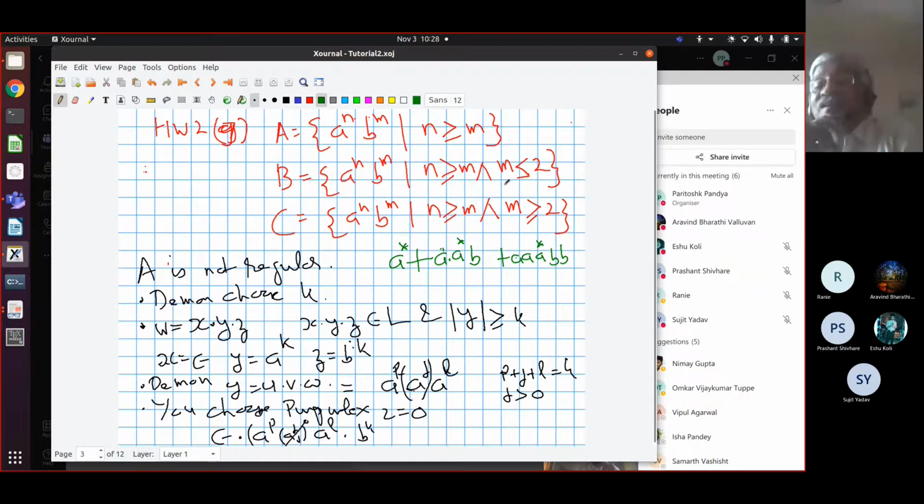Correct? Yes, sir. Split it by case, and you'll both have separate streams. So this is regular, right? This is not regular. By the way, this happens to be context free. So you should be able to write a grammar for this.